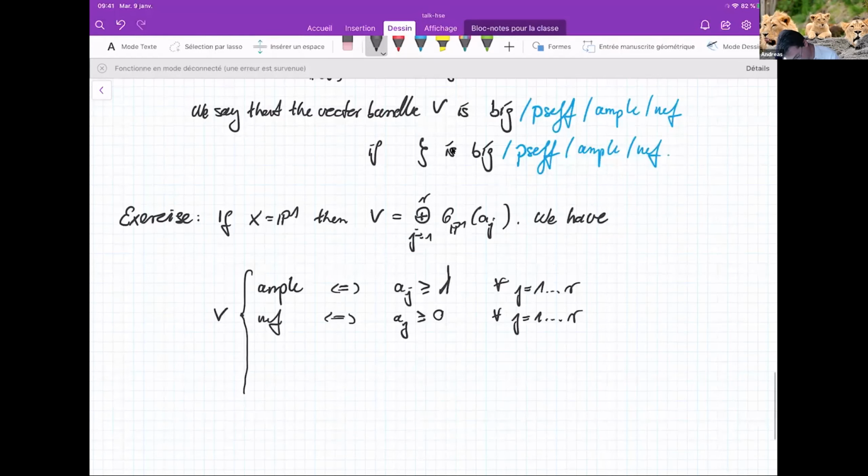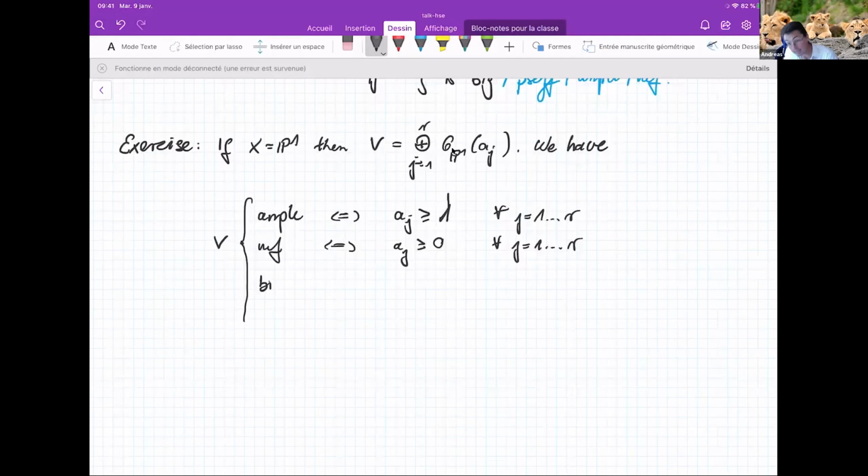The vector bundle is big if and only if there exists at least one direct factor which is positive, so a_j at least 1, and it's pseudo-effective if and only if there exists at least one factor which is pseudo-effective, and since we're on P1, this means a_j at least 0. Okay, so you can try to do this as an exercise, and